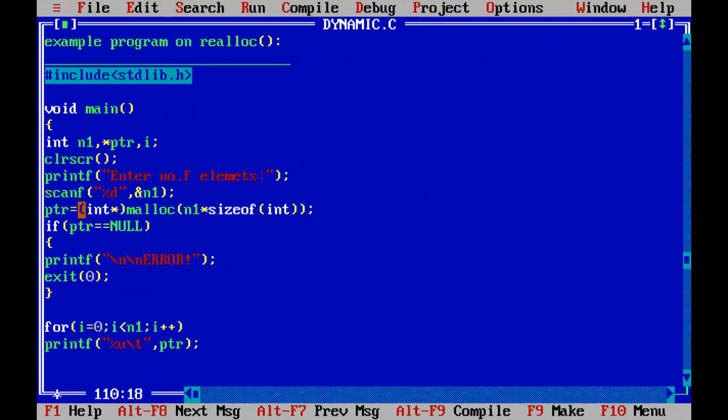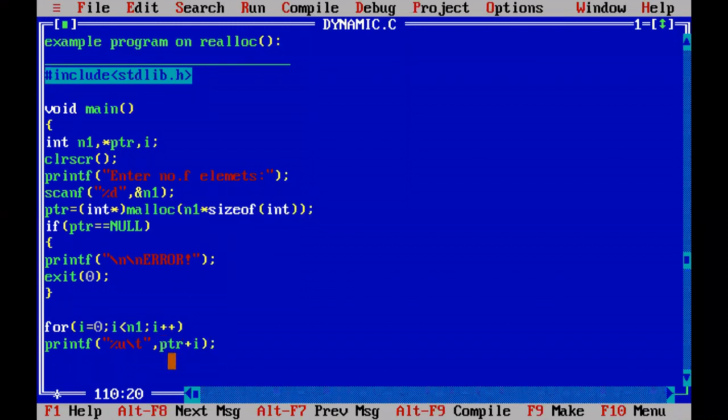Comma, ptr means the first element address. And how to print the next element address? ptr plus 1. Next, ptr plus 2, ptr plus 3, ptr plus 4, the last element address. Instead of changing the numbers from 0 to 4, just write the i variable. ptr plus 0, first element address is printed. ptr plus 1, second element address. ptr plus 2, third element. ptr plus 3, fourth element. ptr plus 4, fifth element address.